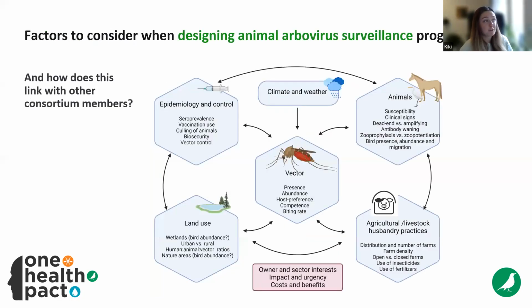So, factors to consider when designing such programs. This is also very linked to the whole One Health concept, because we're dealing with a vector that's very much affected by climate and weather, by land use, but also by agricultural and livestock husbandry practices. As I explained with Japanese encephalitis, for example, a lot of pigs in Southeast Asia that get symptoms are mainly backyard farming. So they're roaming around in an area where there are also rice fields, for example, and these animals are outdoors. So they may have a bigger chance to get bitten by mosquitoes